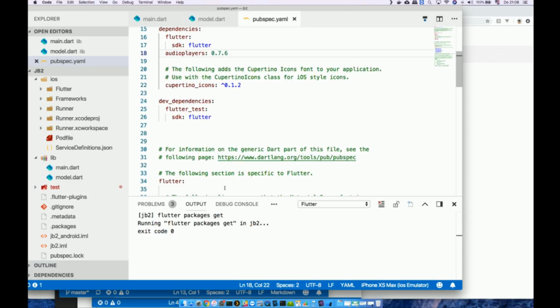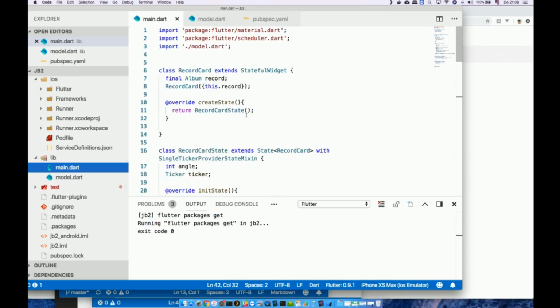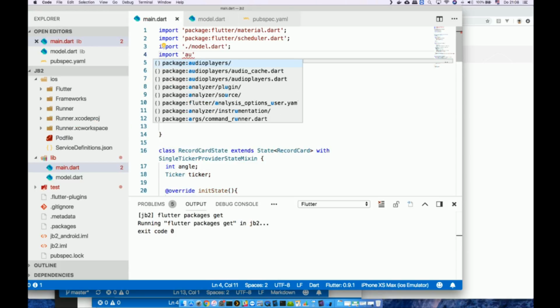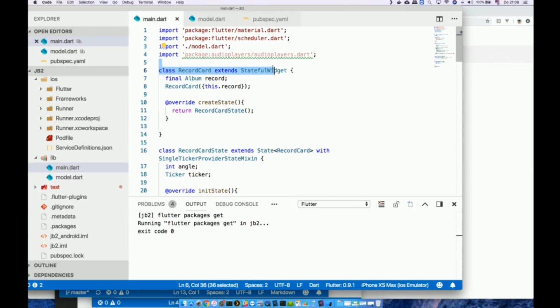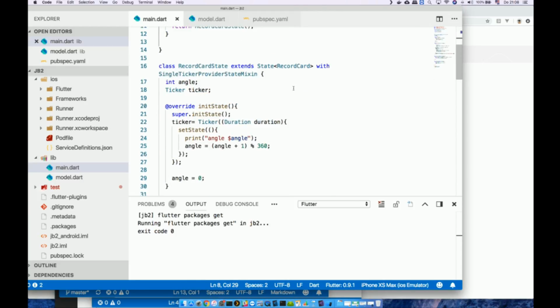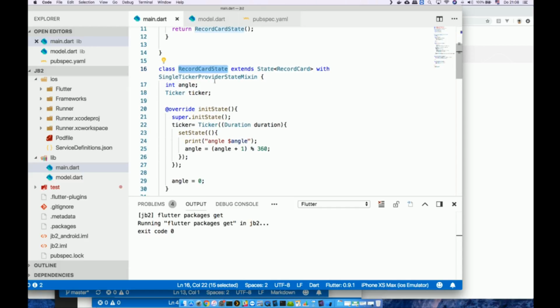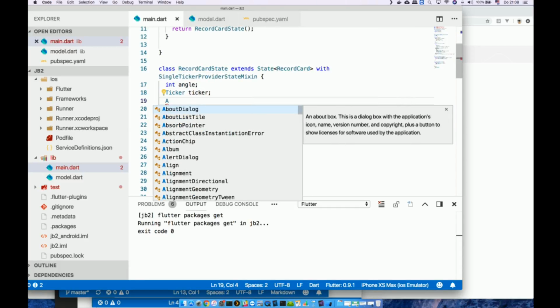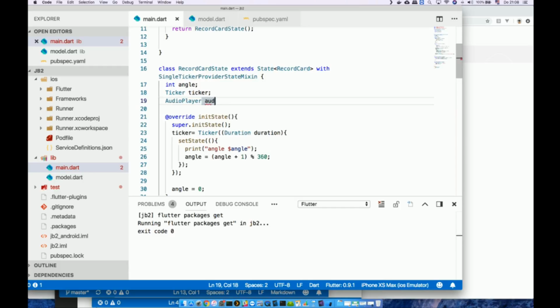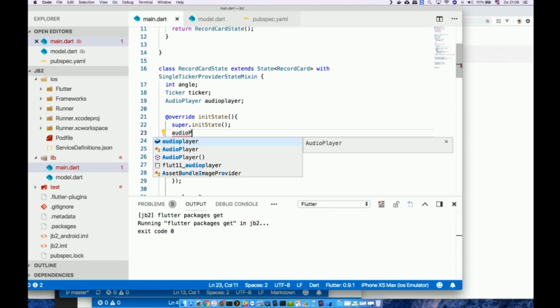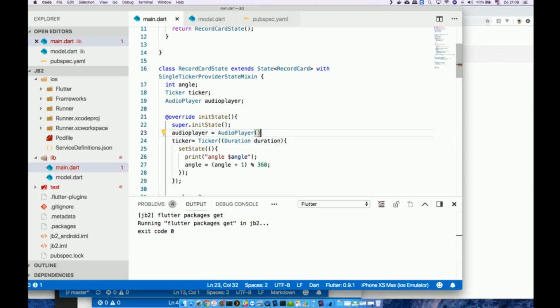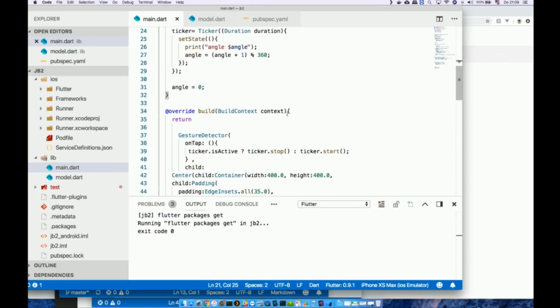Now let's go back to the main code and import the audio players library. It gives me an audio player. Let's use the audio player. So in this case, the record card could have an audio player. Let's create the audio player. And now let's use the audio player. So when we click on the